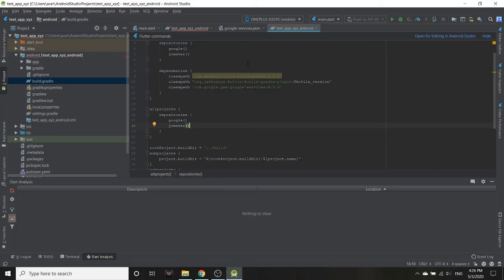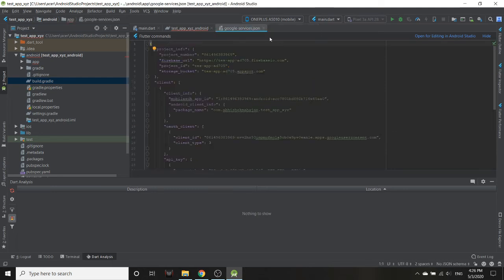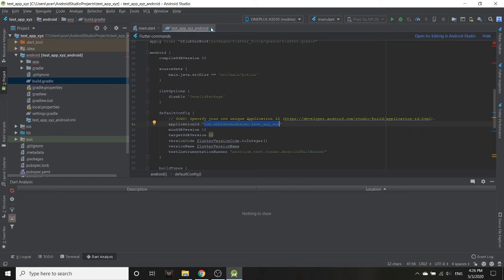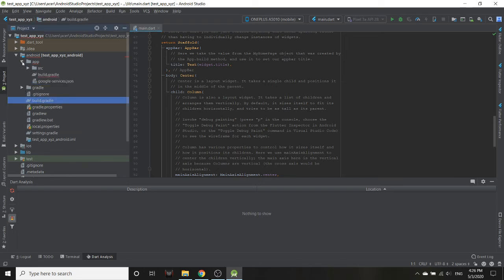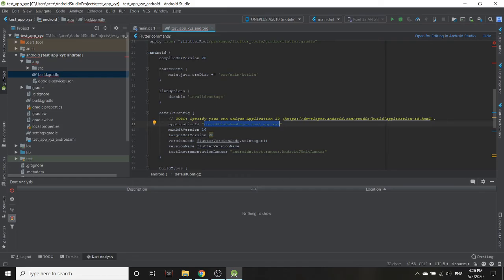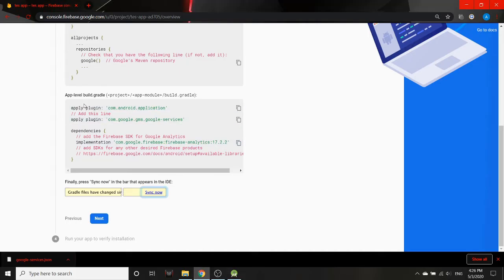Now in the app level Gradle, just save this one and then close it. We can close this as well. So in this Gradle, which comes under Android, then application, then build.gradle, you have to go and paste this apply plugin.